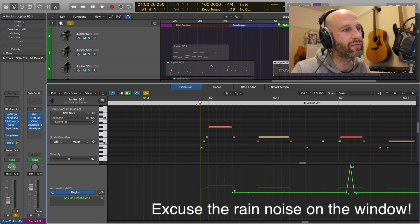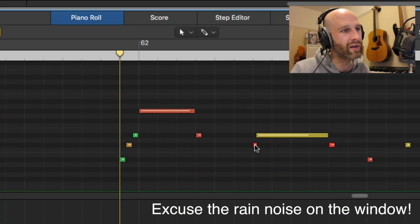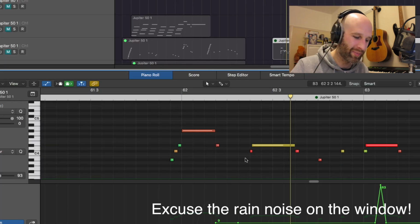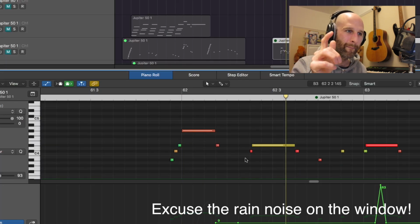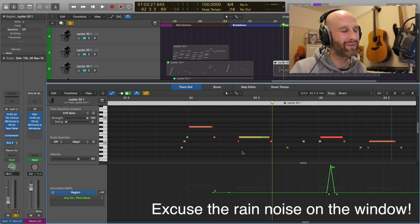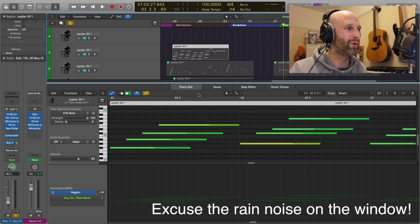But what you have to be careful of when quantizing is moments like this, where you've got these kind of grace notes. You gotta manually go through and make sure you don't over quantize your grace notes. And that way you just get that pop, yeah? It just keeps it human. And you know, don't get carried away on your velocities, not on lead stuff. If you're doing chordy things like this here,